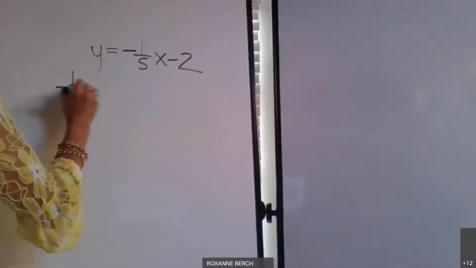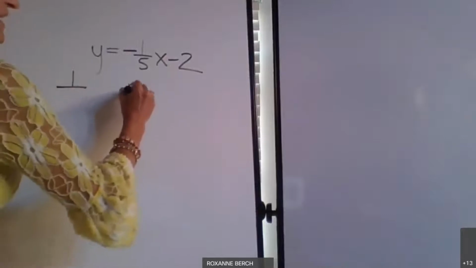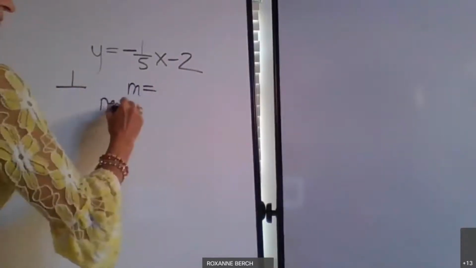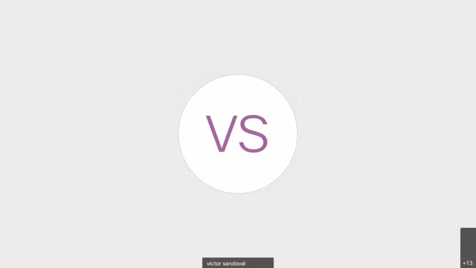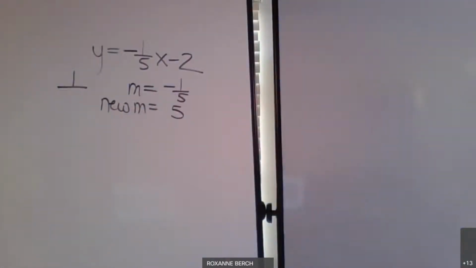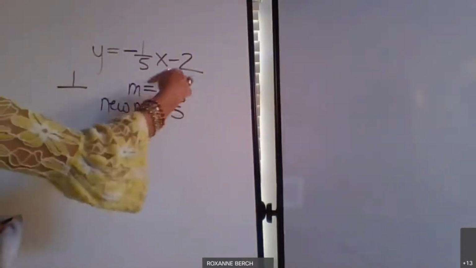But if you're dealing with perpendicular lines, you would need to find a new slope, right? So what would the new slope be? 5. 5/1. It would be the reciprocal, and a negative of a negative is a positive. You're right, 5/1, 5. Make sure you know that. So that's super critical that you know that for problems 5 and 7: parallel lines have the same slope. For perpendicular lines, you have to take the reciprocal and negate it. So the negative of a negative would be a positive.